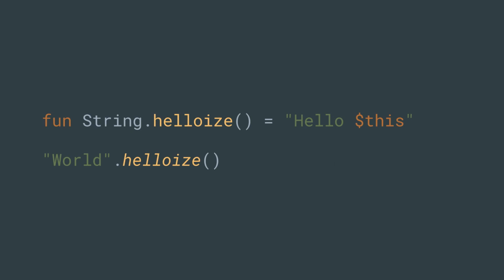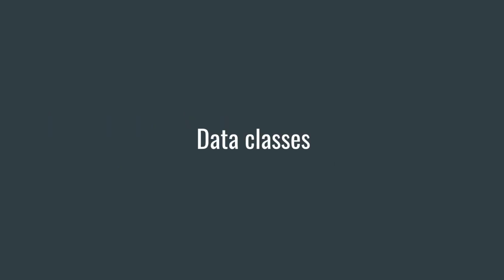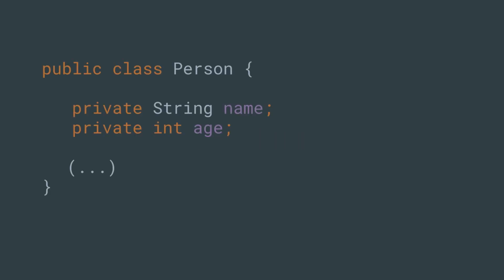This allows you to better chain your extension functions. And most of the Kotlin standard library is actually just extension functions. It just has nicer methods. For instance, everyone here has used collections.sort. They use extension functions to add a sort method to list, for instance. They also have this concept of data classes.